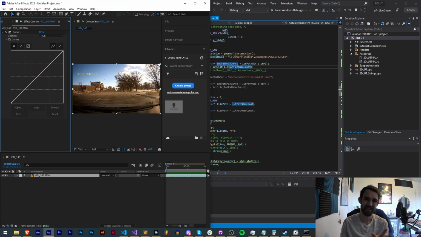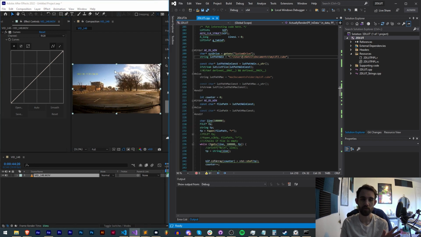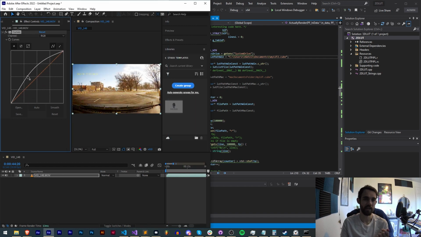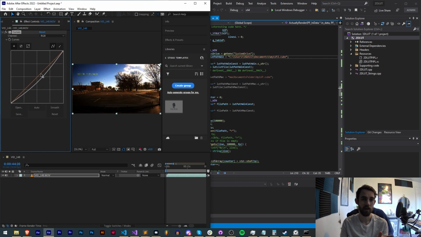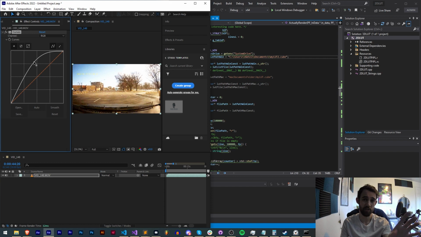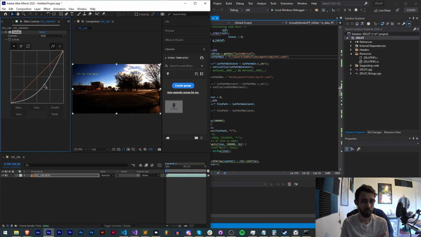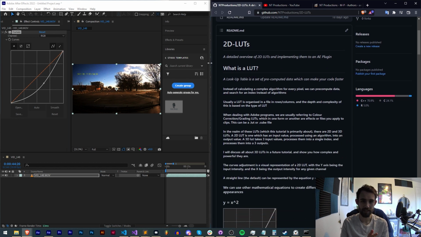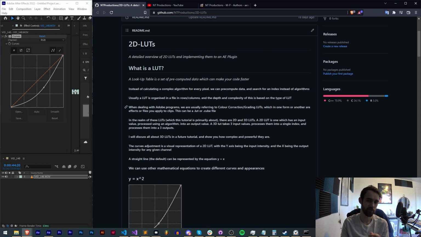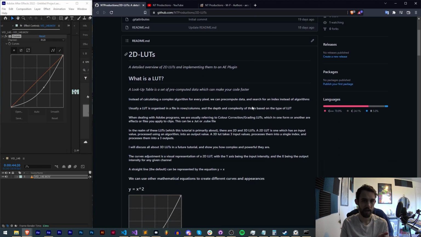So in the context of today's video, 2D LUTs are going to be explained, but also through the lens of color correction. And you can think of a curves adjustment as basically a two-dimensional LUT, which has an input and an output, which can be changed. And a LUT is just basically like this, but it's pre-computed. This will all make sense later as I explain everything. And I'm going to be using this GitHub repository I created, which has some code and a whole bunch of